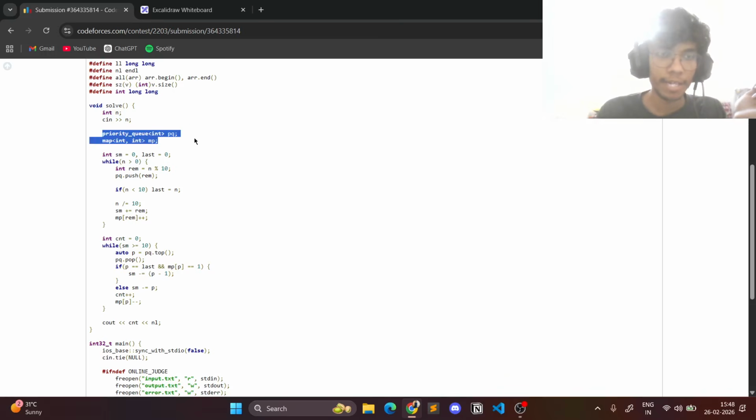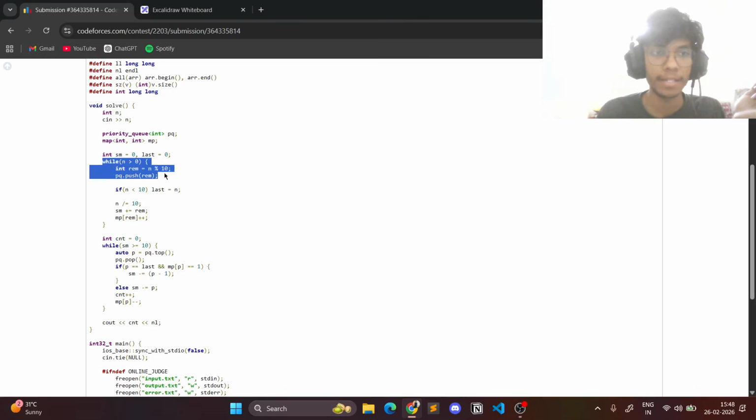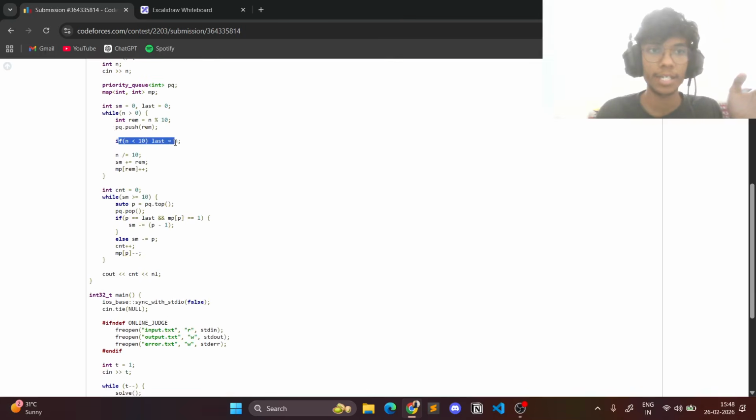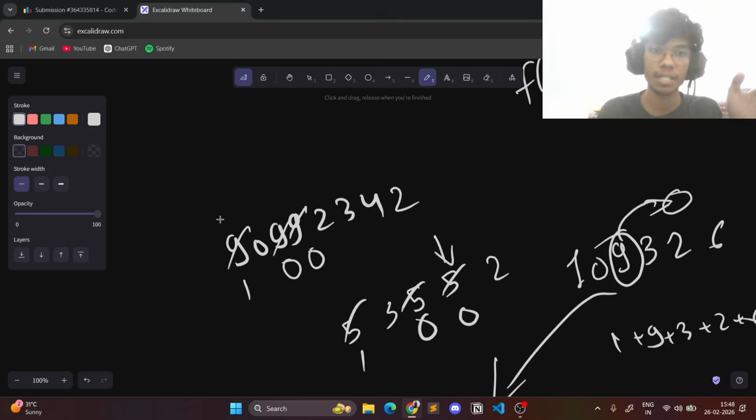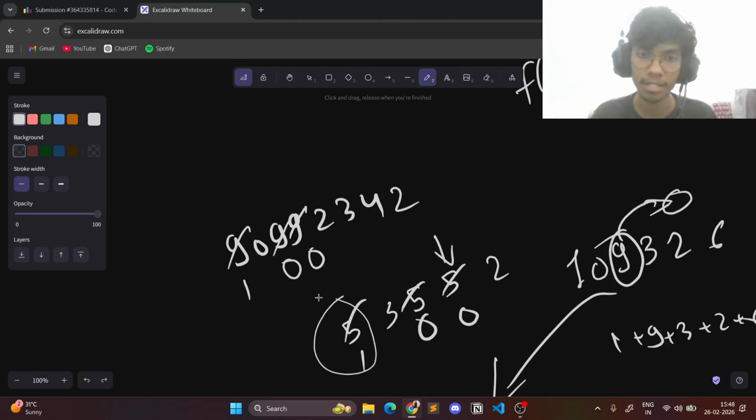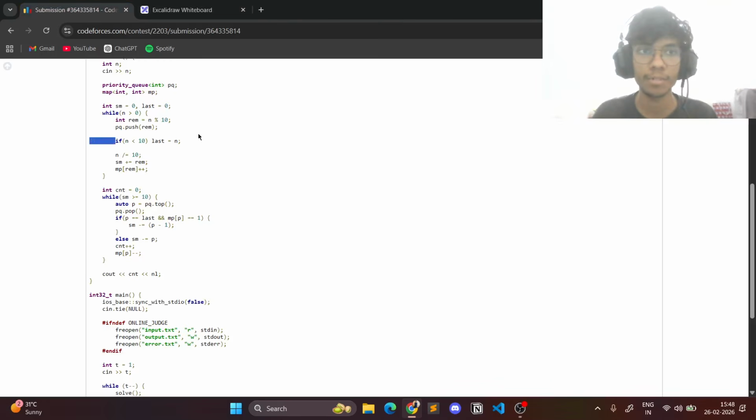So I created a priority queue and a map, and I then just extracted all the digits of this number n. I got the digit, I pushed that to the priority queue, and here I'm keeping track of this last digit, because whenever I encounter this last digit, I want to make sure that I take all of its occurrences, the later occurrences first, and the first number or the last number at the very last, right? So that's why I'm keeping my last number as n, and I have maintained a total sum over here,